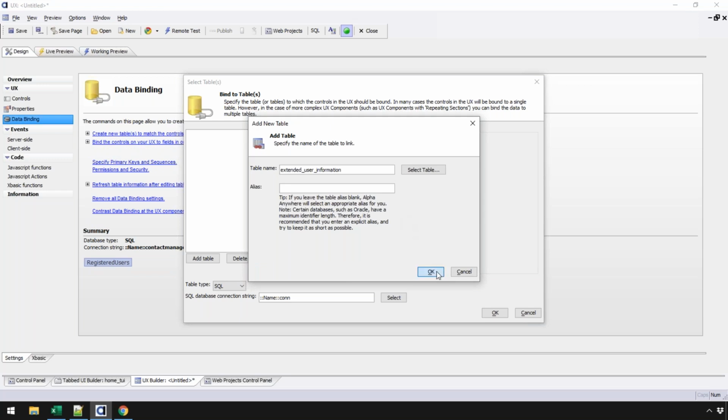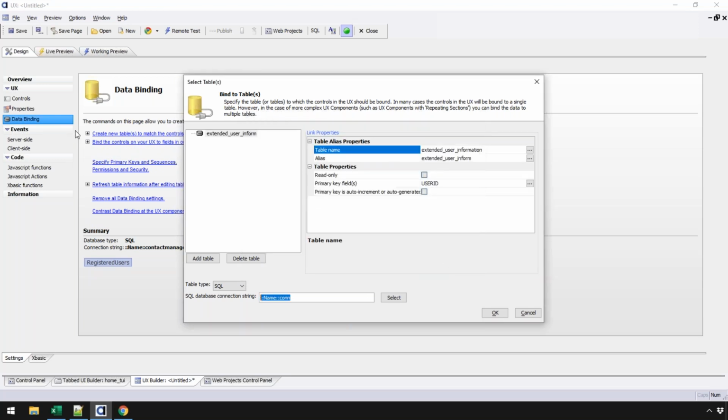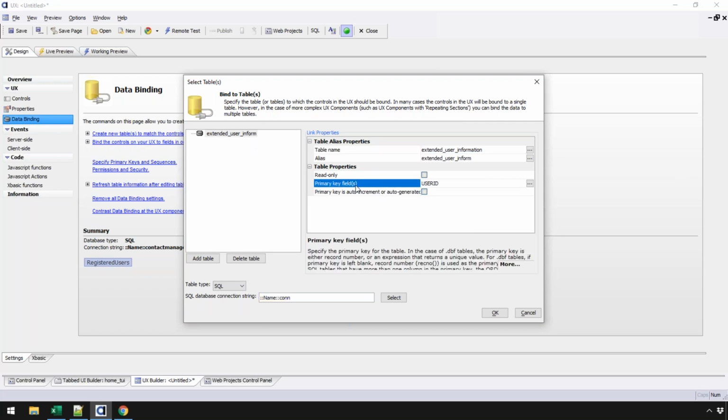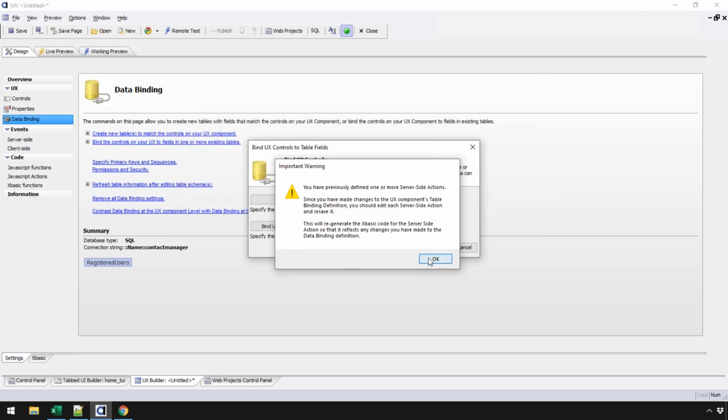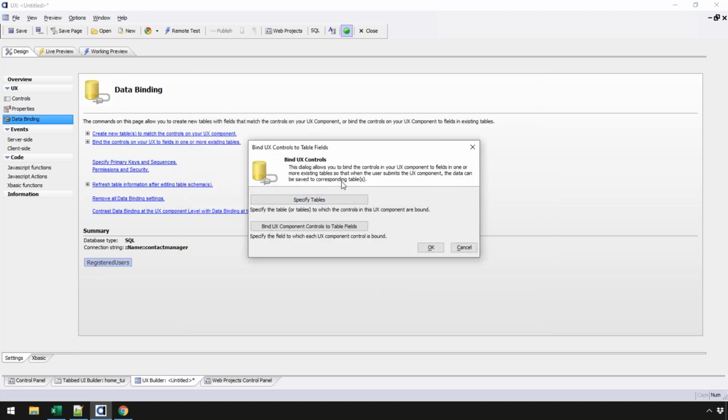So now what I've done is told it that I'm going to data bind this UX to this connection string in this particular table, and it has this information, and it knows what the primary key is, etc. So that was step number one, telling the UX this is where you really need to connect to. Now that we've done that, it gives me a warning saying you have to reset things up. So the next thing we need to do is go to bind UX component controls to table